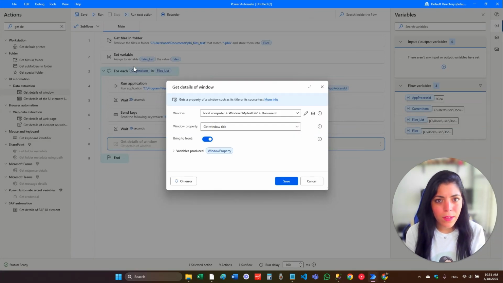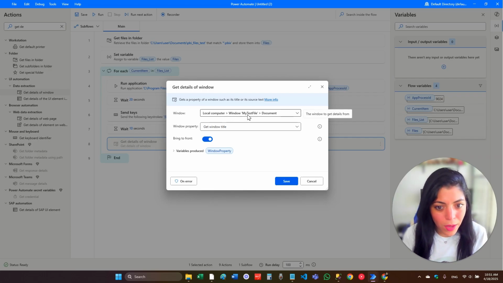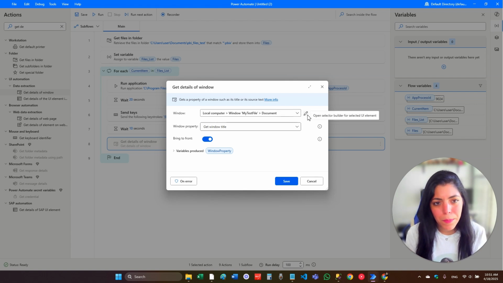So it will take the current element that we choose. As I said, I don't want it to be hard-coded. I don't want it to find my test file or any other specific file name. I want it to know that the PBIX is the window that it needs to find and focus on. And as I said, for each loop, we're going to run on one specific file, so we don't need to worry that there will be multiple files at the same time. So it took this window, but I can edit this